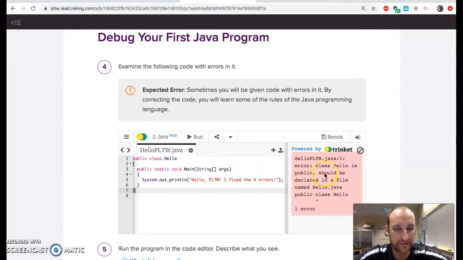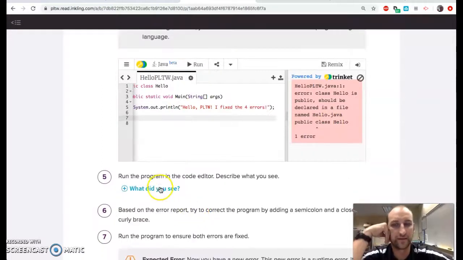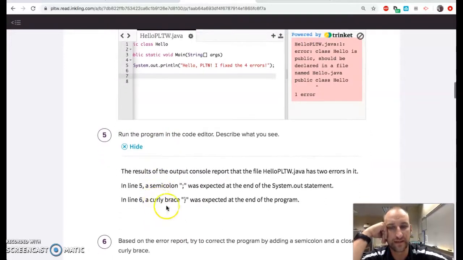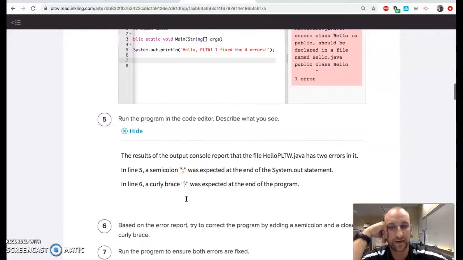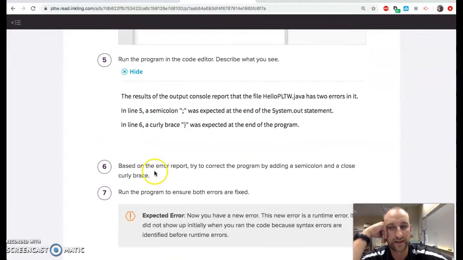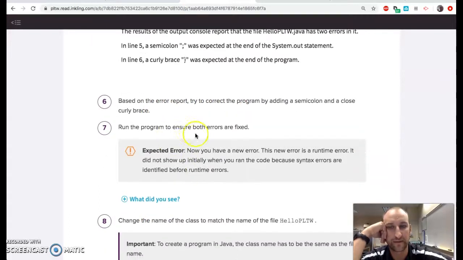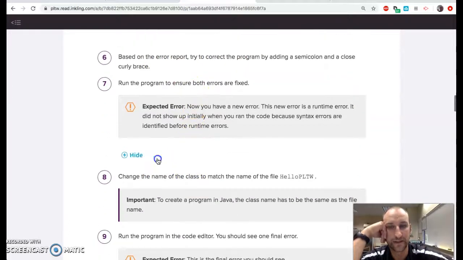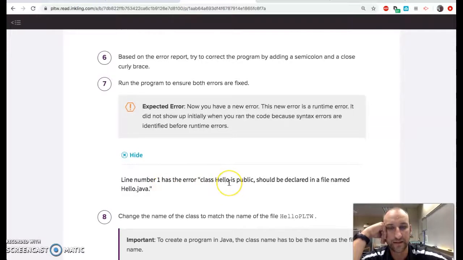This one says, hello is public and it should be declared. So it has an issue with this word hello. Now, if you're actually going step by step, you would have done the 2 steps we just did in number 5. Number 6 says, based on the error report, fix the semicolon and brace, run it again, and you see new errors. It has an issue with hello,